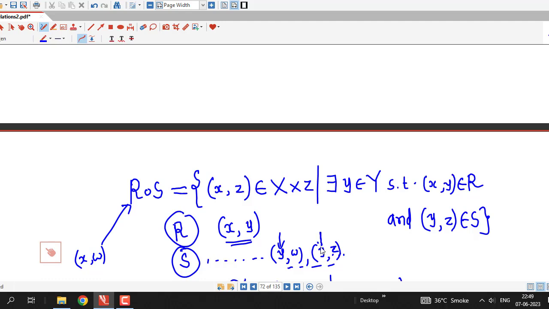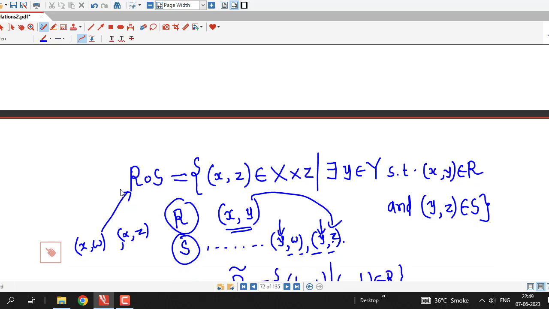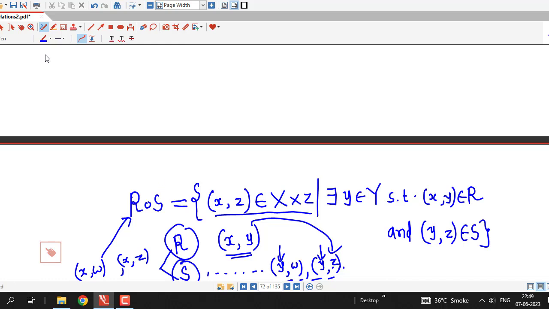Similarly here also I have first component as Y. So from these two I have (X, Z) in the composite of R and S. So this is the way how we will decide this composition of two binary relations. Sometimes your relations may be infinite also. So in that case also we will discuss how to write down composition of two binary relations, and we are